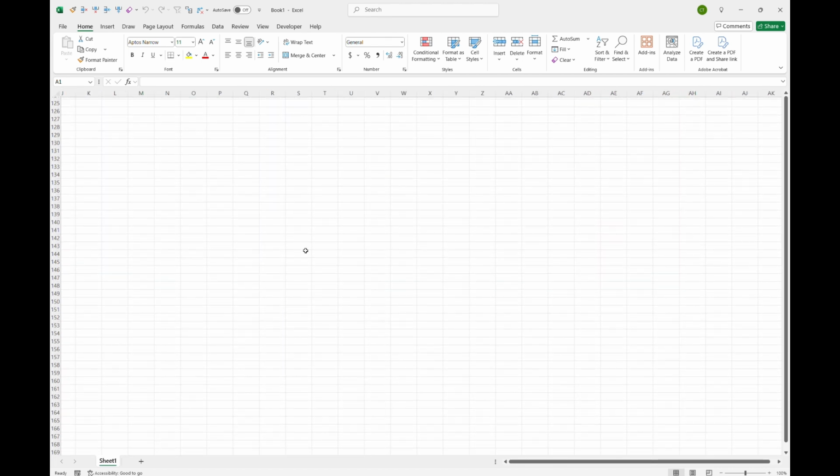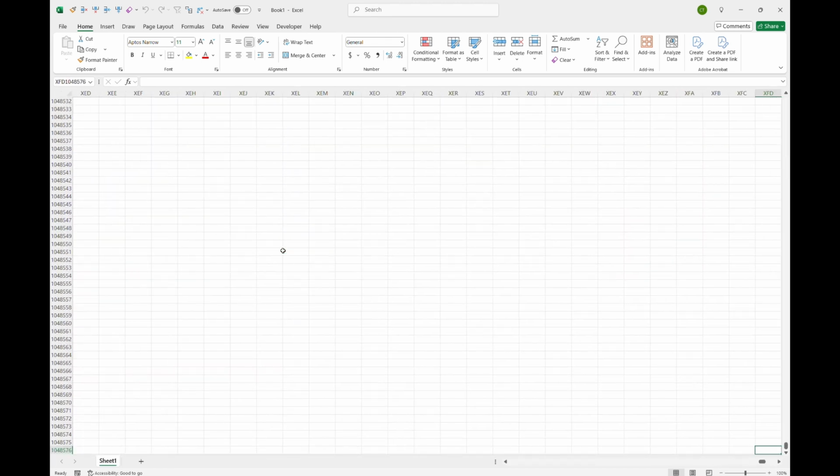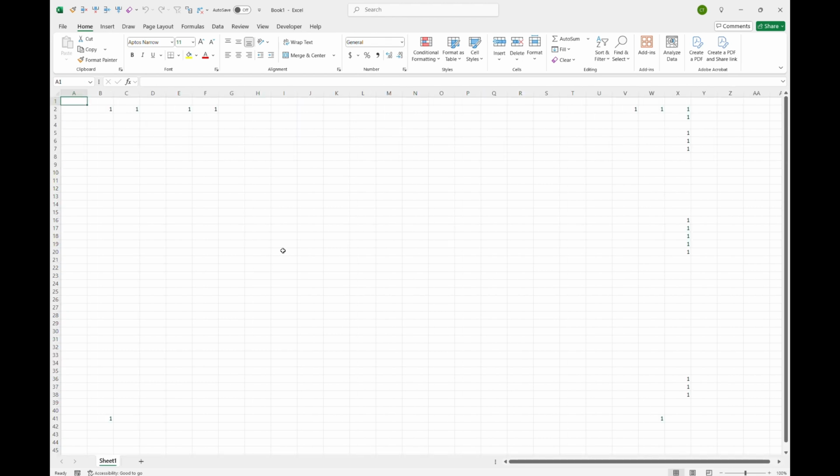So it doesn't really matter which cell I'm on. It could be on the very bottom. I hit Control Home, and I'm going to go all the way up, all the way left. Now Control End does an interesting thing, because when I hit Control End, it's going to position me in a